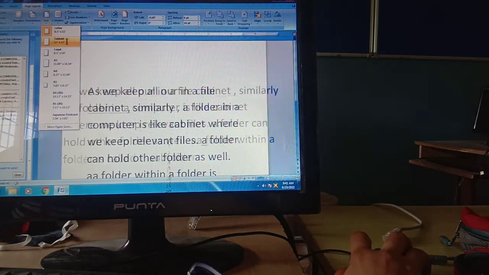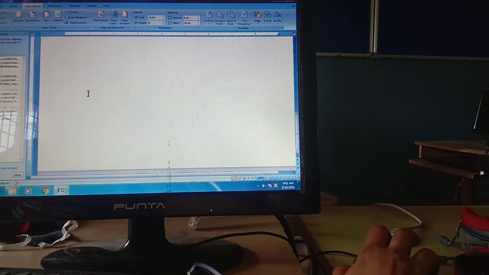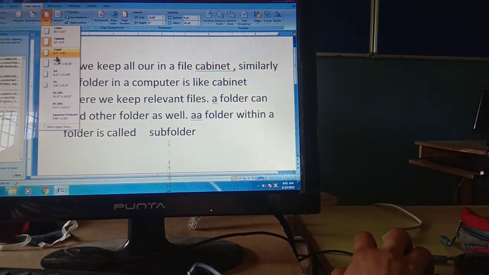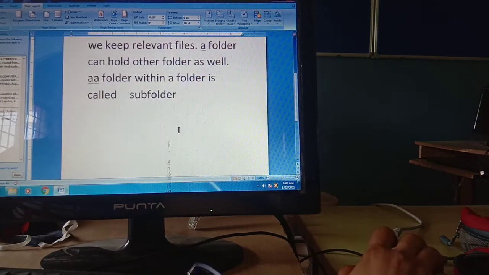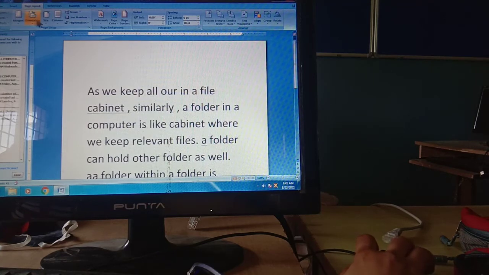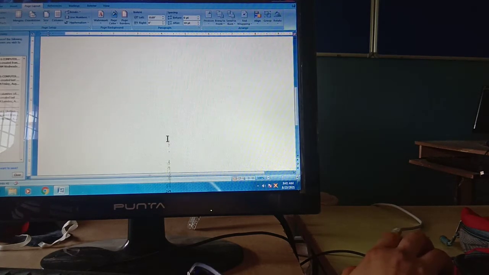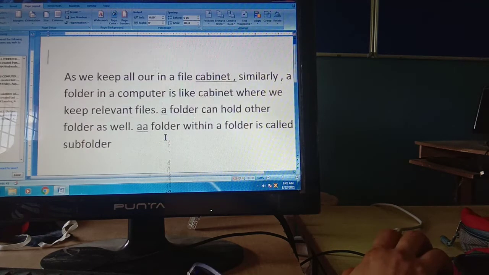Okay, you can have tabloid size. It is a little bit bigger than that. Okay, orientation, let us take portrait. Then we will change the size. Okay, legal size will be this. Legal paper sizes are like this. And A3 size is a very big size. It is the biggest of these.